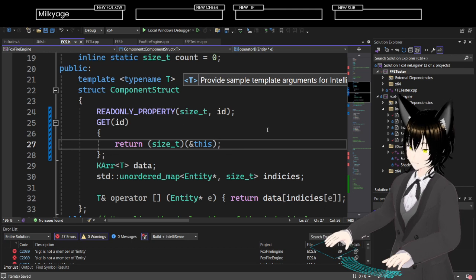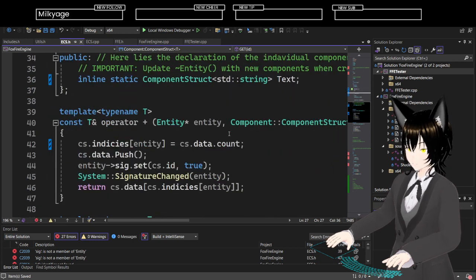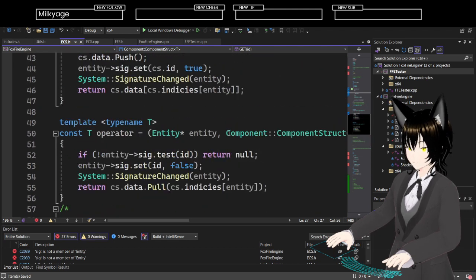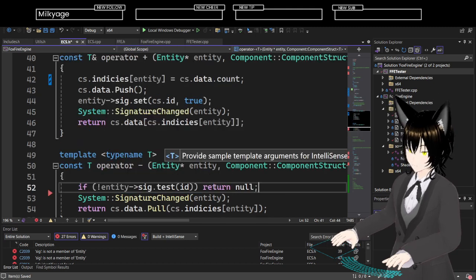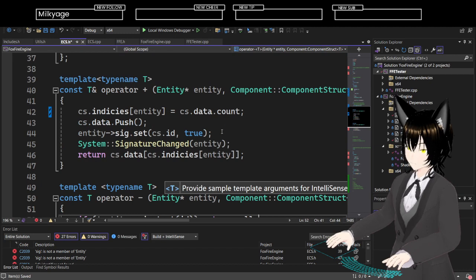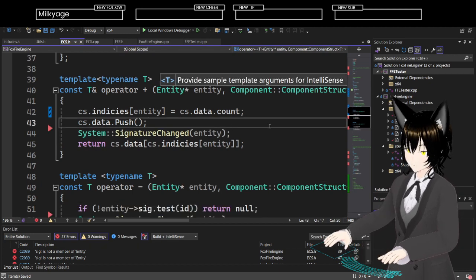Because pointers are, by definition, IDs entirely. Now, I also want, so that doesn't need to be a thing. Also, this doesn't need to be a thing, right?